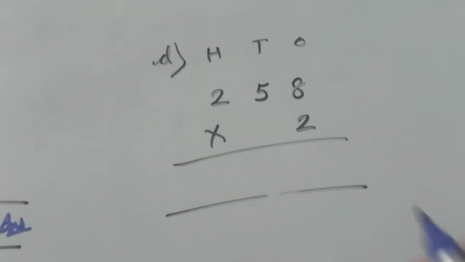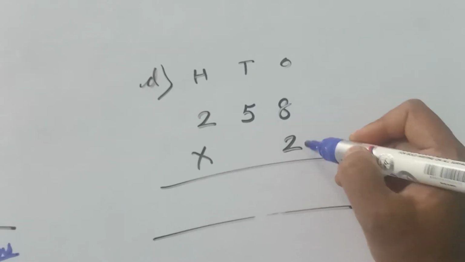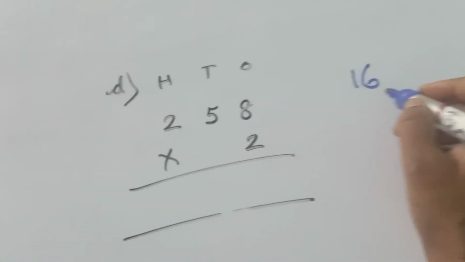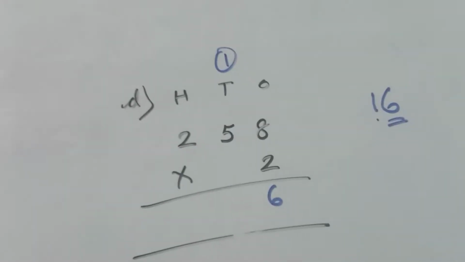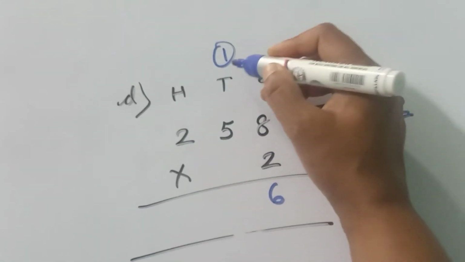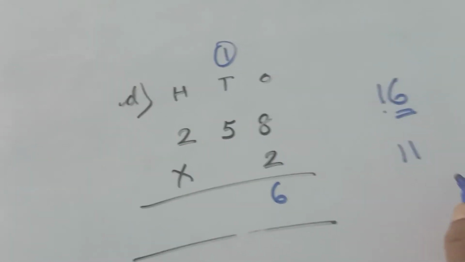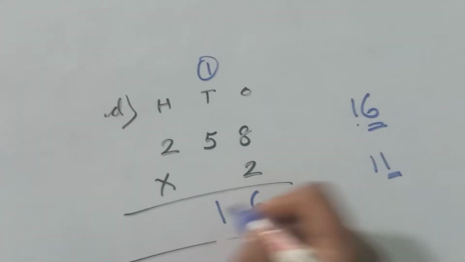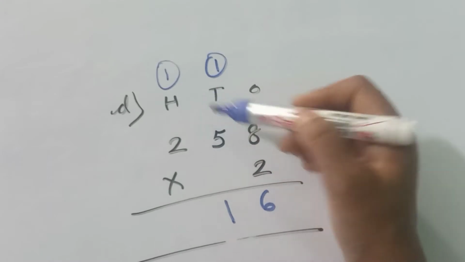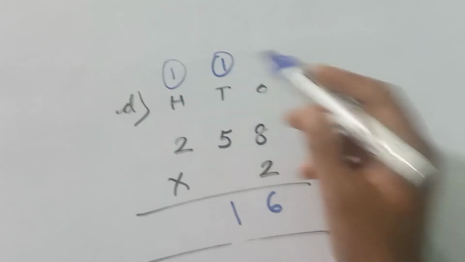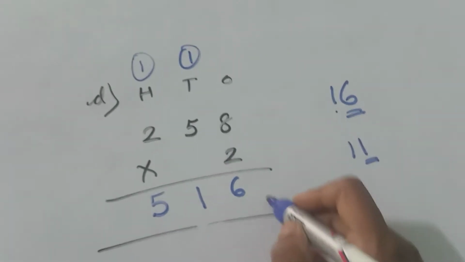Now moving to question number b children. Here you have to multiply 258 by this 2. So again you read the table of 2, 8 times. So 2 8s are 16. So children, as you know, you write this 6 and this 1 you will carry. So carry here. Now 2 5s are 10 and this 1 you will add. Isn't it? So 2 5s are 10 plus 1, 11. Again it's a 2-digit number. You write this one and this one again you will carry. Now under the hundreds place value, here 2 2s are 4 and plus 1, that is your 5. Right here 5. So our product is 516.